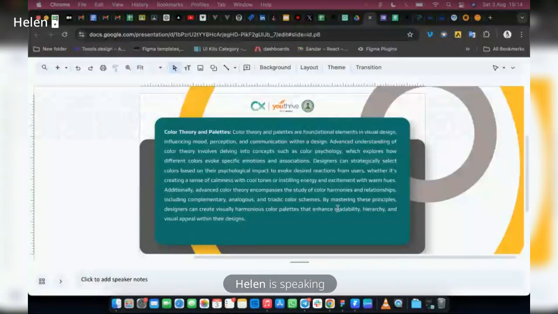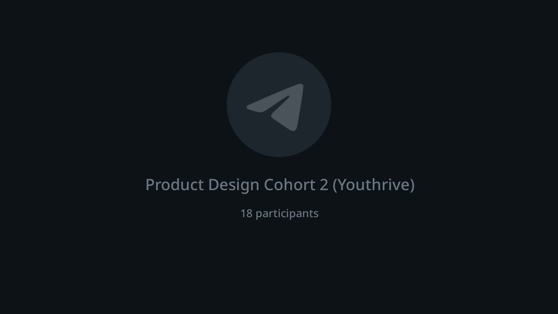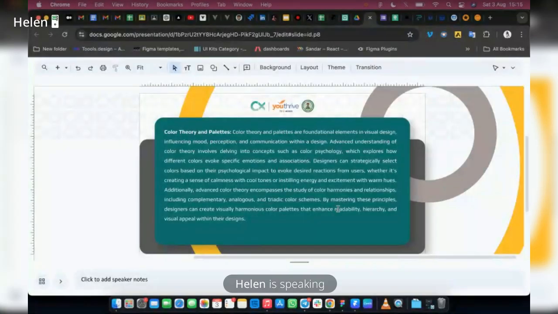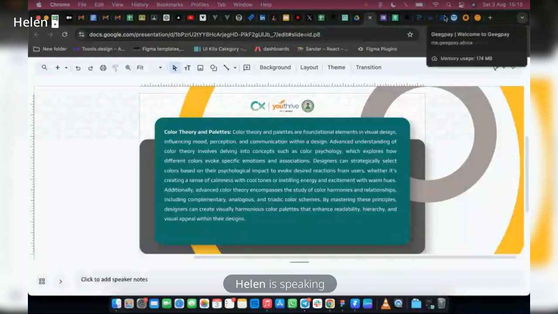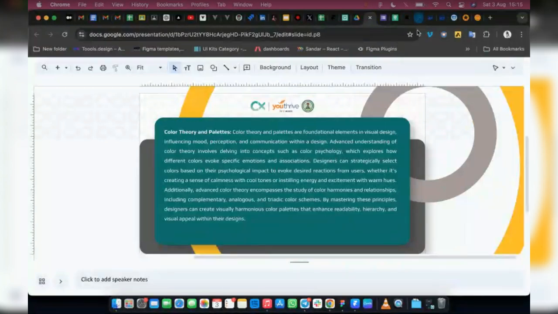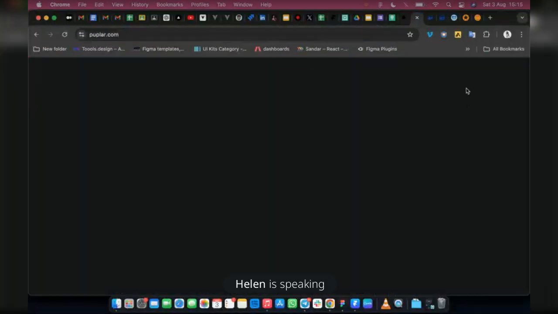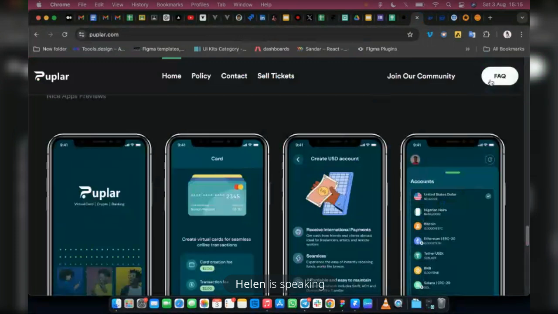Whether it is creating a sense of calmness with cool tones or inserting energy and excitement with warmth. So when selecting your color, if it should be cool and calm, don't use a shouty color. Imagine using a lighter shade of green on a white background. This particular green, the lighter shade,